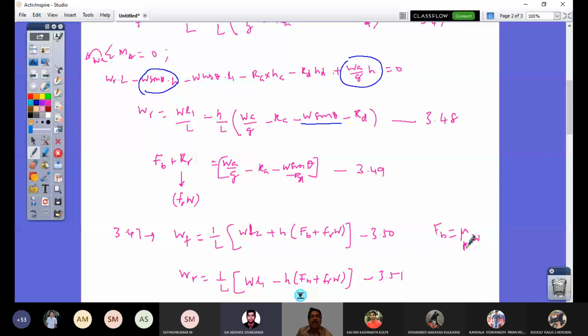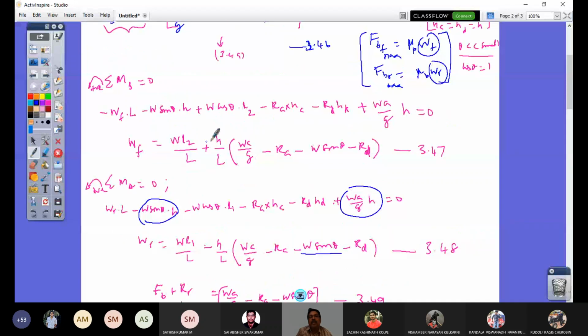Yes, sir. This free body diagram is all already accounted. You look at it. When the vehicle is not moving, you know what the load distribution is, right? Now what is happening to the rear load when the vehicle is braking is that it is getting reduced by this. This minus sign is the explanation. What is happening in the front axle, W F, you see this expression plus this. So that is getting added. So I can calculate this dynamic load component. What is added to the front is the same amount subtracted from the rear. So your intuition of W sin theta is there in this expression already.